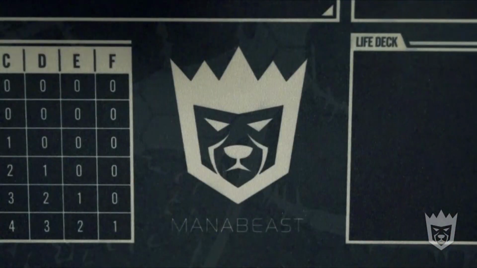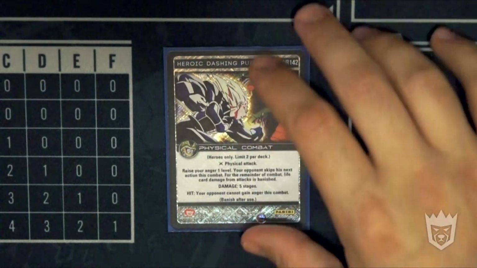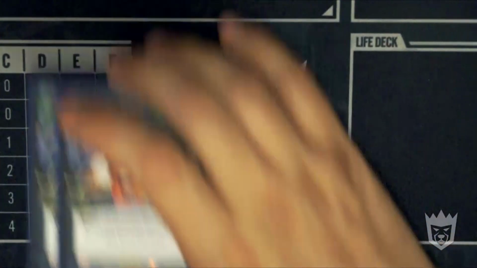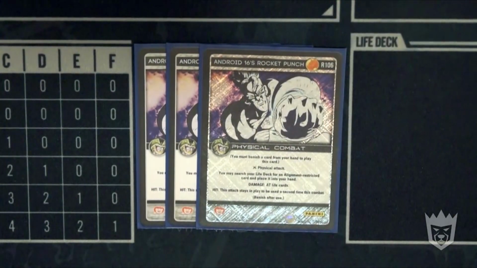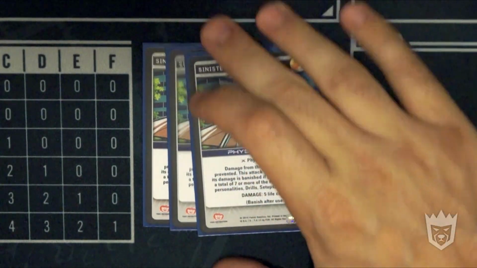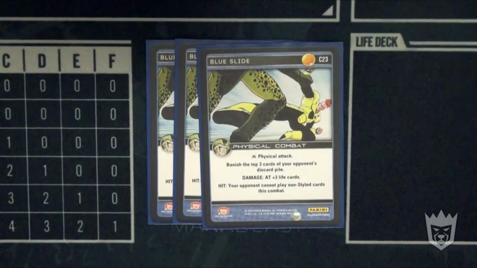Now let's get into the bulk of the deck, which is the physicals. Physicals, we're going to start off with 1 Heroic Dashing Punch, 2 blue Swift Blocks, 3 of Android 16's named attack, Android 16's Rocket Punch, 3 copies of Sinister Choke, 3 copies of Blue Slide,